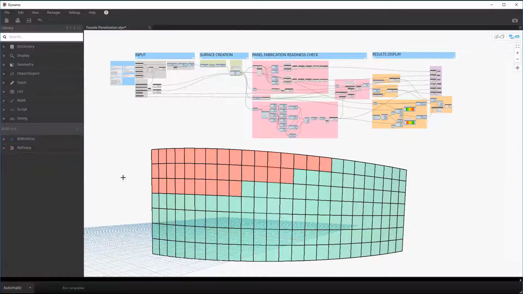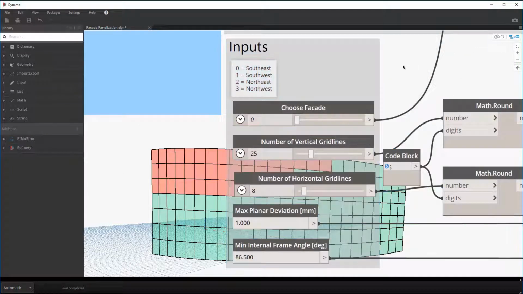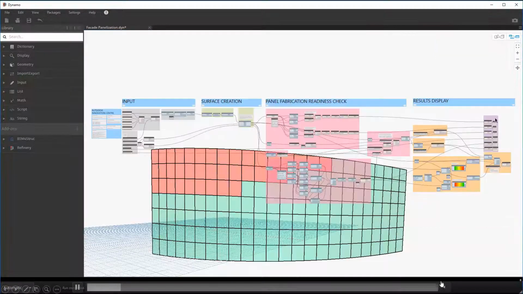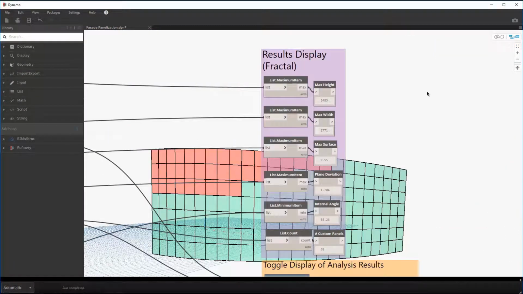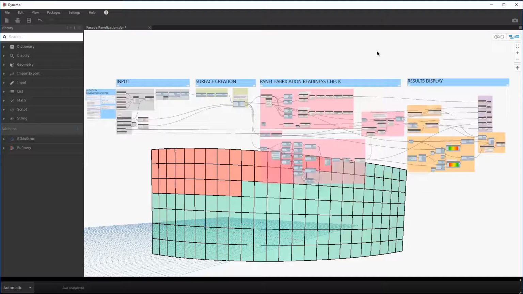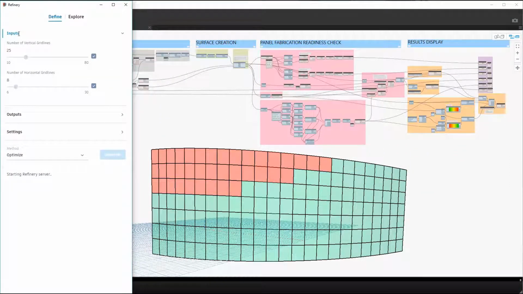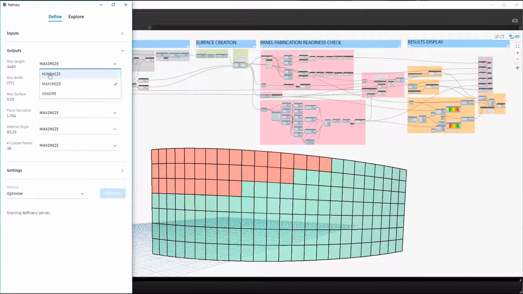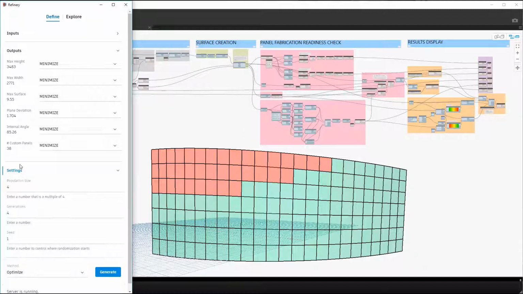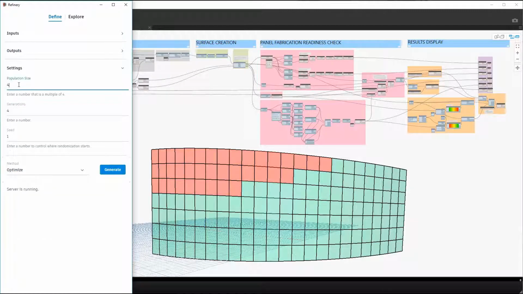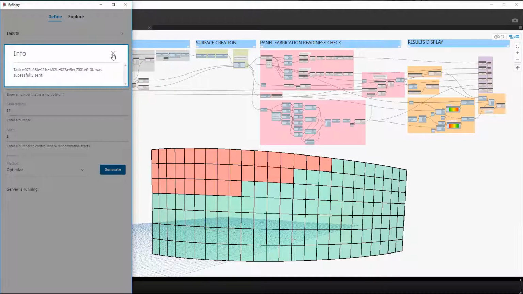In this Dynamo graph, we are optimizing a curtain wall system by creating a panel fabrication readiness check. Our inputs are facade choice, number of vertical grid lines, number of horizontal grid lines, max planar deviation, and minimum internal frame angle. Our results to be displayed in Refinery include max height, max width, max surface, plane deviation, internal angle, and custom panelization. With goals of minimizing maximum height, width, and surface, as well as plane deviation, internal angle,